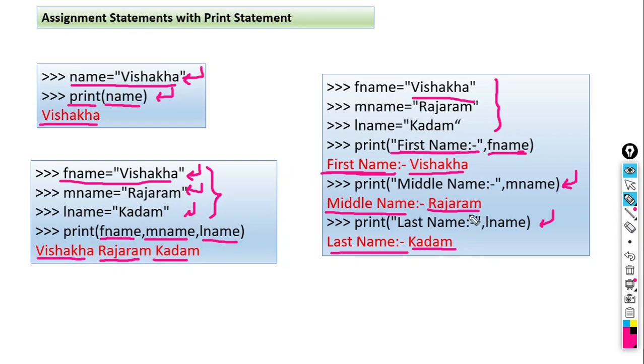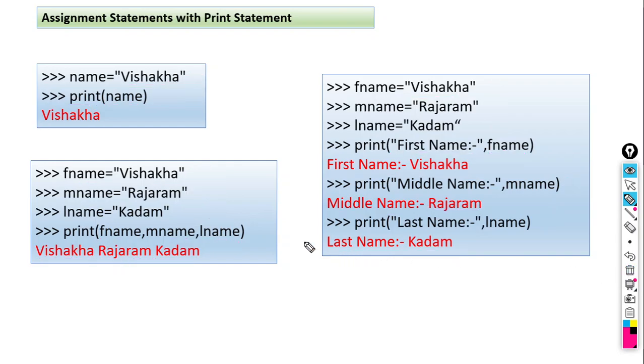So we can print data like this by using only the variable name or by using a combination of text and variable name. So with these three examples, we have seen how string data is stored in a variable name and how we can display it by using the print statement.